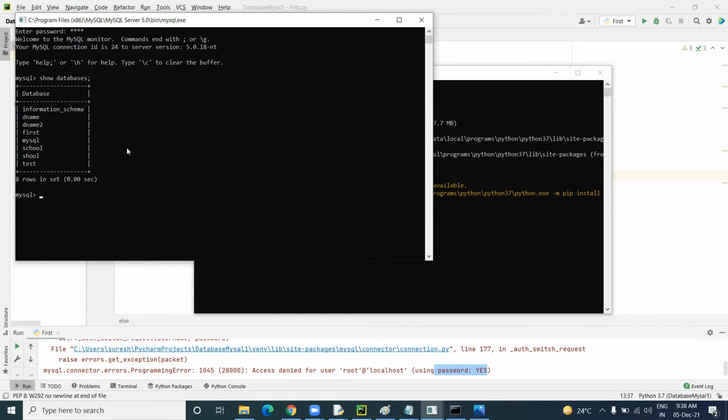We will see how to create data, how to get the data, how to update and delete all the information by using the Python application. If you want to use any database, I want to create some databases. Create is a keyword, then database, and the database name. Here there is no dbname3, so I want to create dbname5. Create is a keyword, database is a keyword, and here is my database name. Just hit enter.